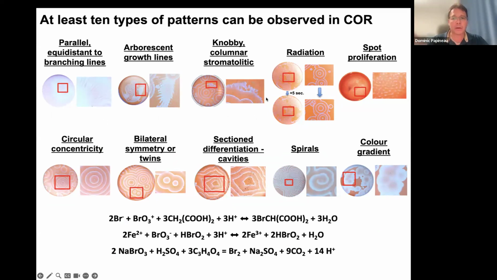It's completely abiotic. This is the radial diffusion of the rings, and you can see this at two different times. The spot proliferation here, you see this sometimes maybe on fish scales, or on insect exoskeletons. A circular concentricity is quite a noticeable one, and probably a telltale sign is this bilateral symmetry,